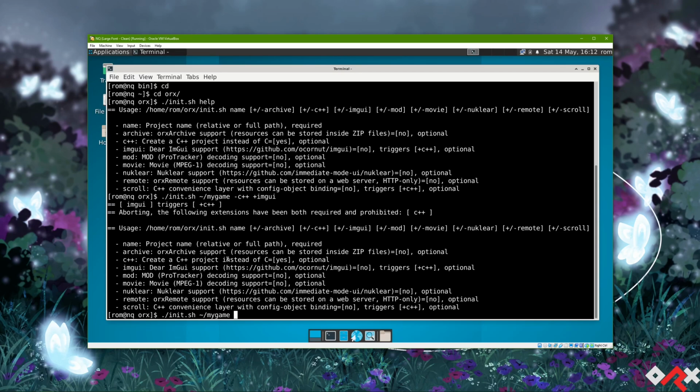The remote extension is to be able to load resources remotely. Like we added resources coming from a zip file with an archive extension, here we can actually fetch extensions through HTTP protocol. It's mostly a proof of concept, but it's also useful if you want to work with a remote team and be able to modify assets on the fly and have it hot reloaded by someone executing